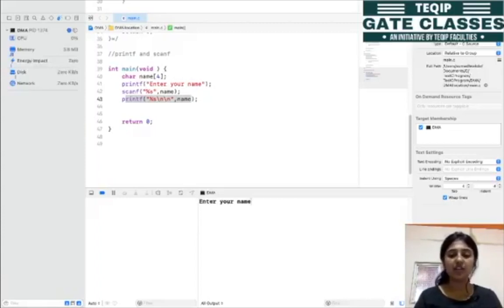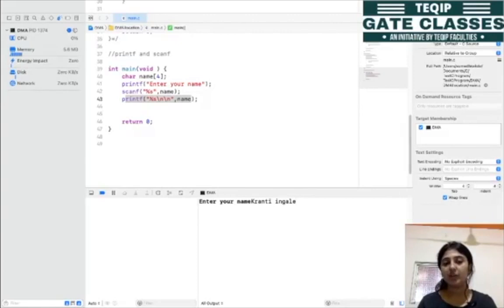So let's say if I enter something like this, है ना? So my name is Kranti English, so I have entered my name like this. So what are we expecting? We are expecting that our scanf function should scan the whole name. But whenever this scanf function gets any space, it ends the scanning before that word.